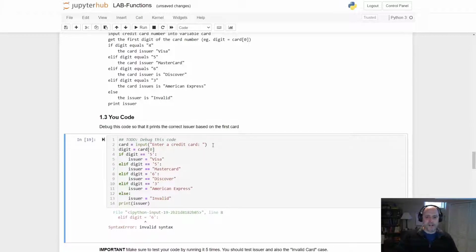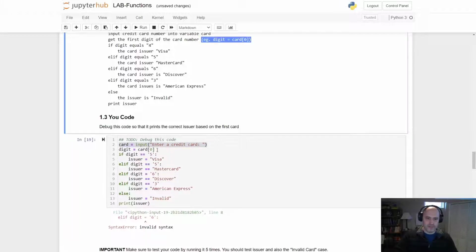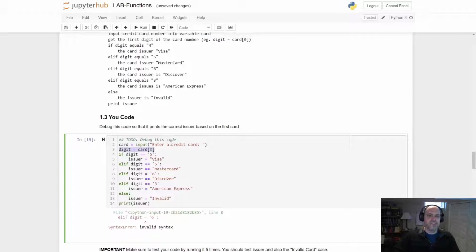So we input a credit card. Then we get the first digit of the card. Then we're doing a series of checks. If the digit equals a 4, okay? Well, this one says if the digit equals a 5, so I know I already got to fix that. That's not right, okay? Then the issuer is a Visa. That looks good. Else if the digit is a 5, then it's a MasterCard. Else if the digit is a 6,